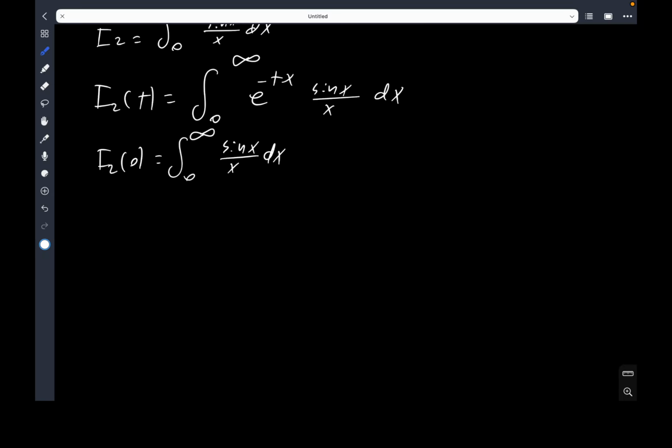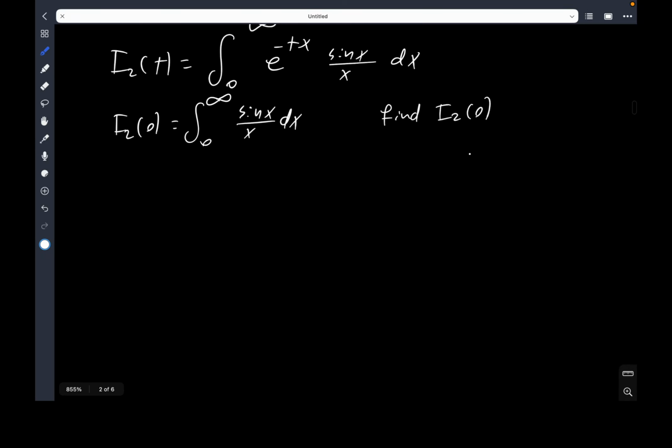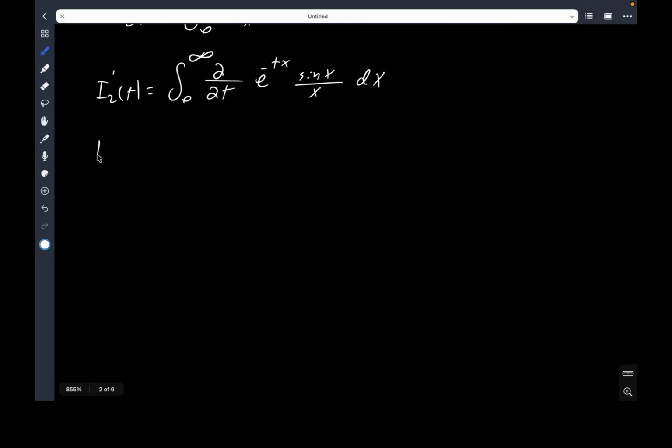So my goal should be to find I2 of 0. Now again, I can take the derivative with the rule that I mentioned. I prime 2 of t is the integral from 0 to infinity of partial t of e to the negative tx sine x over x dx. And the I prime 2 of t is the integral from 0 to infinity of negative x e to the negative tx sine x over x dx. And notice how perfectly these two x's are going to cancel out, and I'm going to be left with